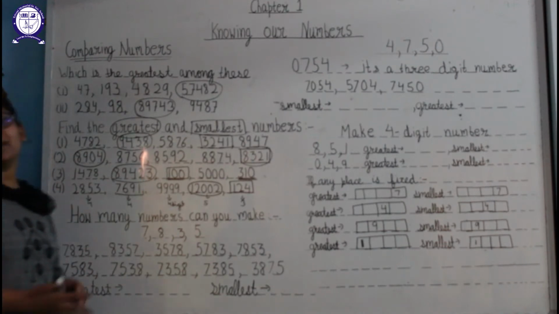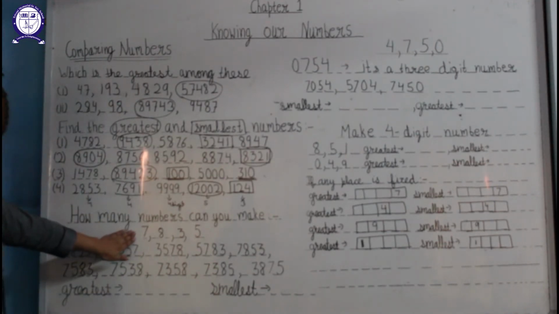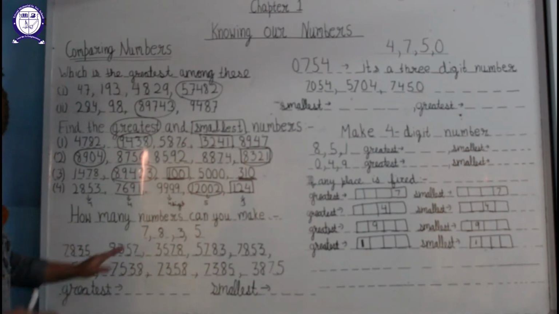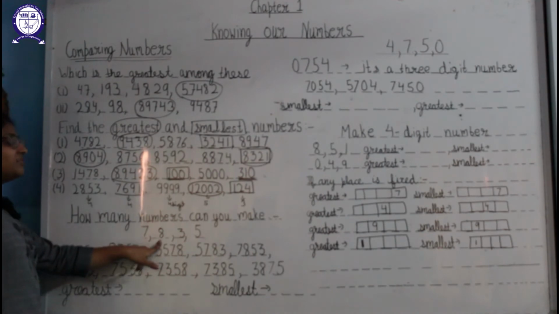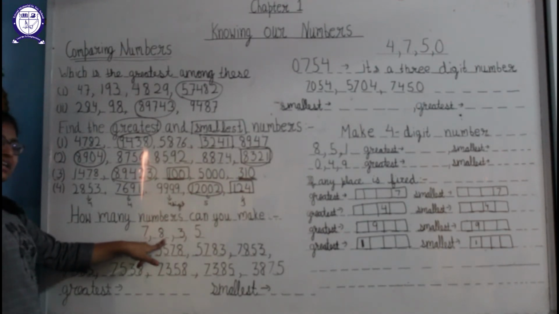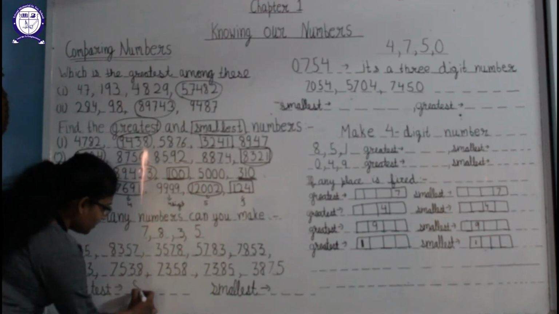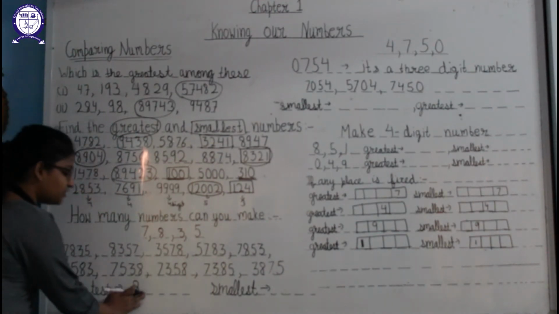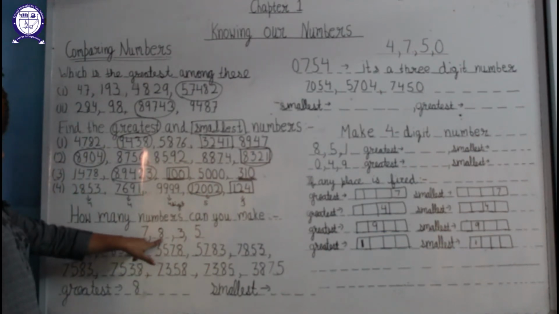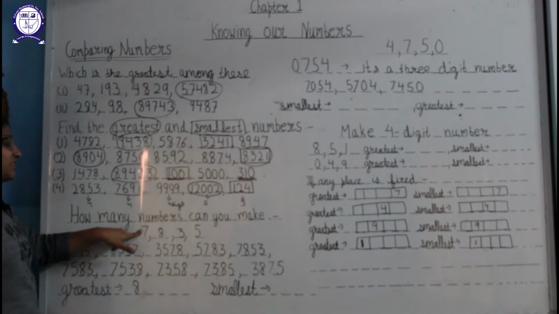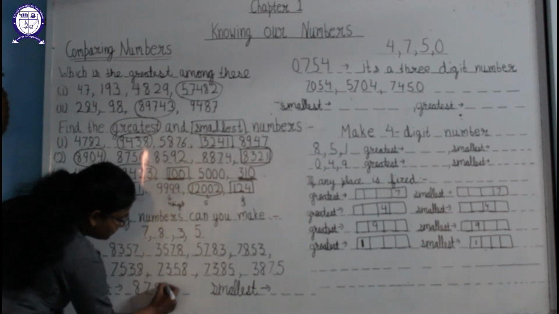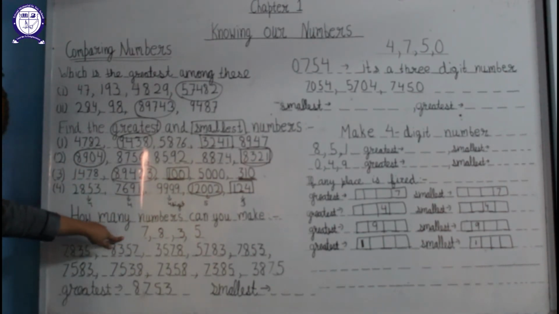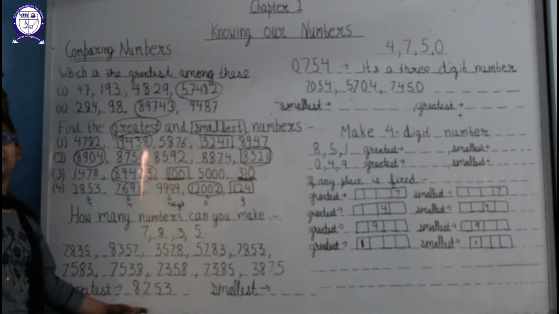Now if we are asked to make the 4-digit greatest number from these given digits, or to make the smallest number from these given digits, how will we make the greatest number? Simple, we have to start by writing the greater one from these given digits. We can say that 8 is greater, so we will write it at first place. Then the smaller one after 8 is 7. So we will write 7 after 8, then 5, and then 3. So by using these 4 digits, we can say that this is the greatest number we can obtain.